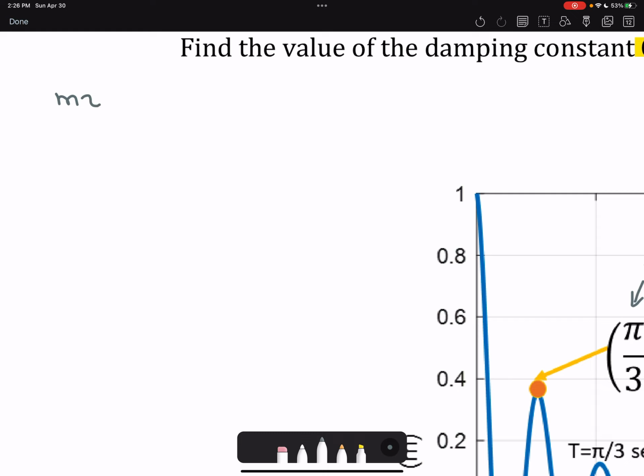So applying Newton's second law in differential form, m times the double derivative of position with respect to time is equal to negative kx minus c times x dot. We have no forcing function here. Now we can write it in standard form and substitute m and k. So let's do that. 2x double dot plus 74x, now that becomes a plus if I'm writing it on the left-hand side of the equal sign, plus cx dot